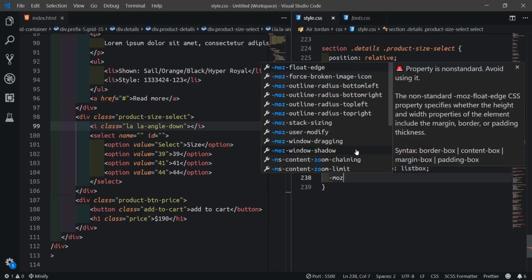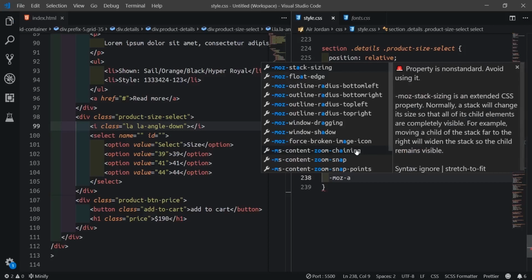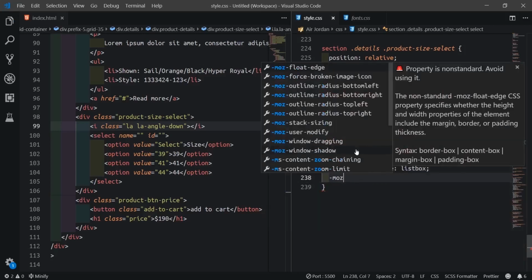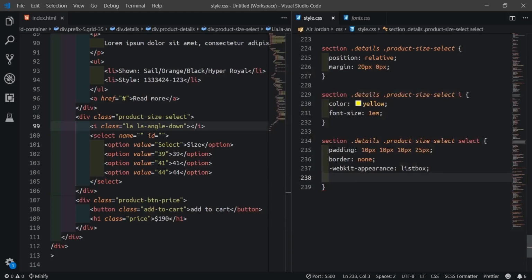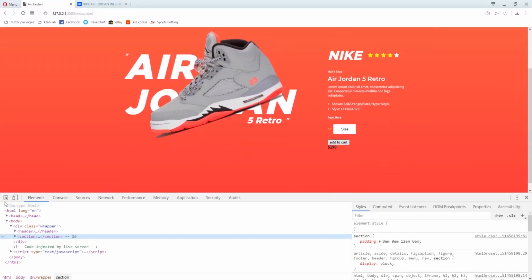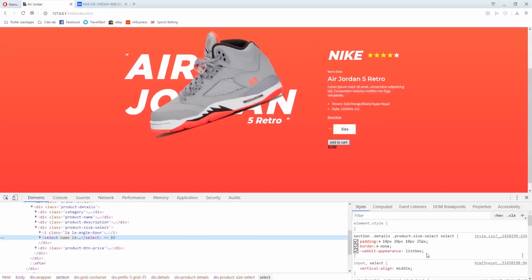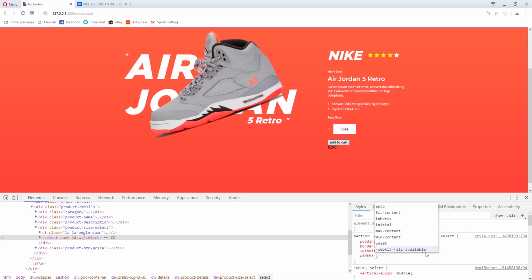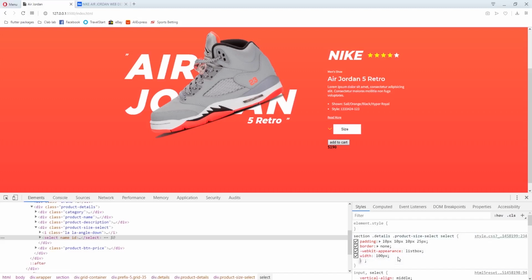Let me inspect this thing. WebKit appearance, list box, width 100 pixel, background none,